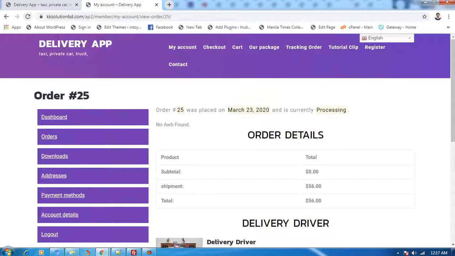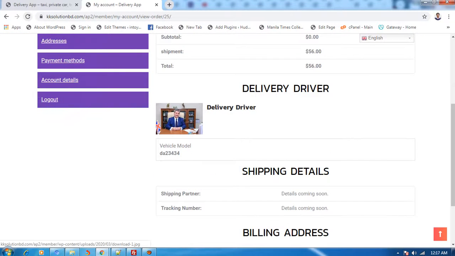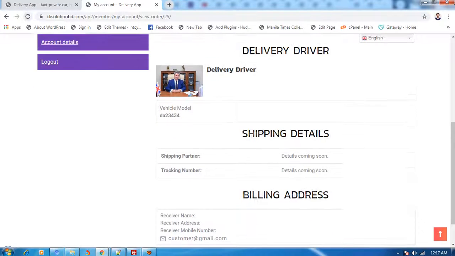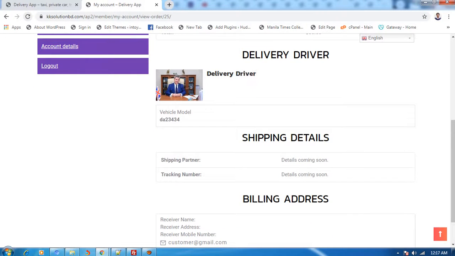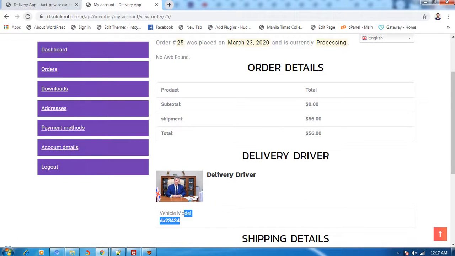He can see this order assigned to one driver. The delivery driver details: this delivery driver means here the demo name. This is the name here. The name is showing and some information is showing here. Here the driver survey is showing.